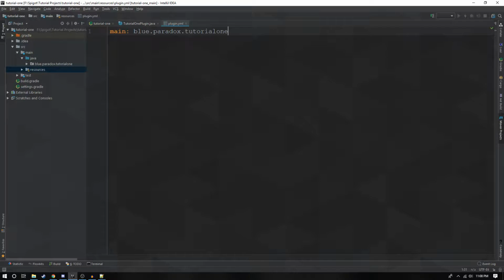Anyway, first things first, we have to have a main, which is why I just copied that. We have to direct it to our main plugin, and then we have to name this tutorial1 plugin. Now, the reason why making a package is important and why you have to do this and try to name it something that has to do with you is because if you didn't have this and all you did was not make a package and you just threw a plugin in like the main Java file and you just name it this,